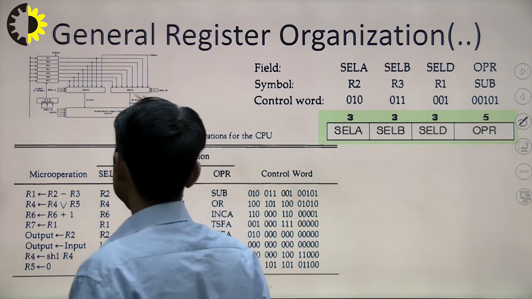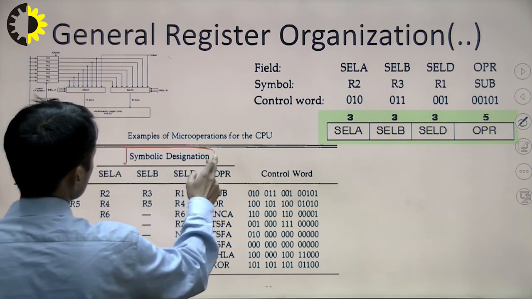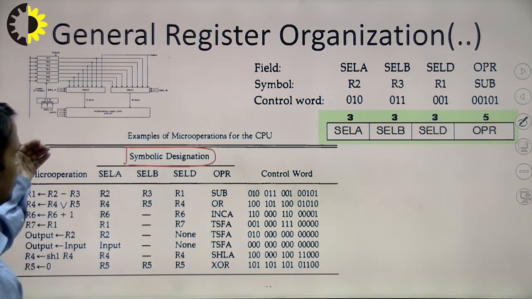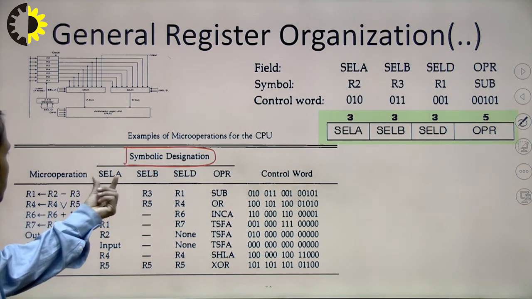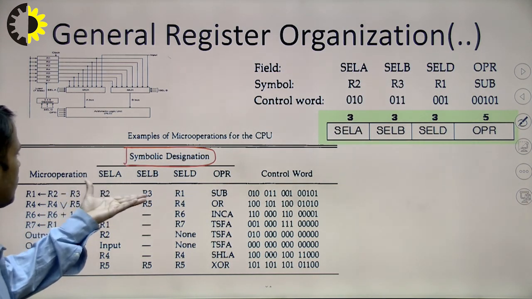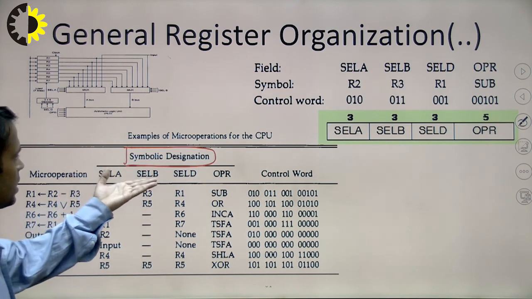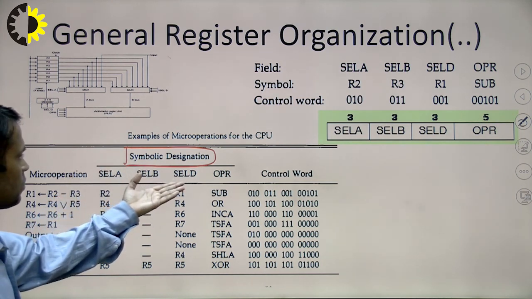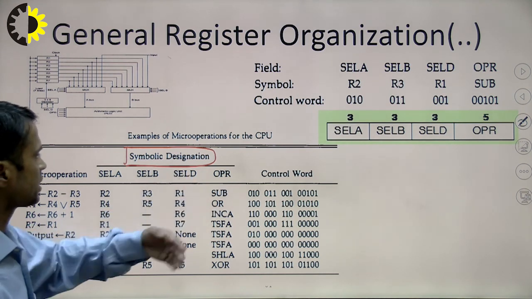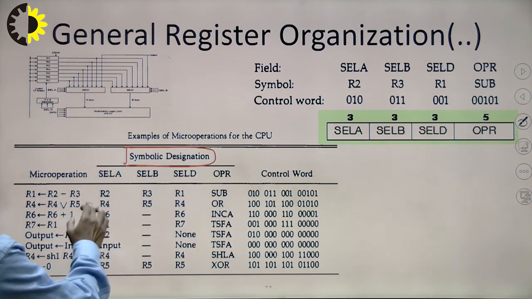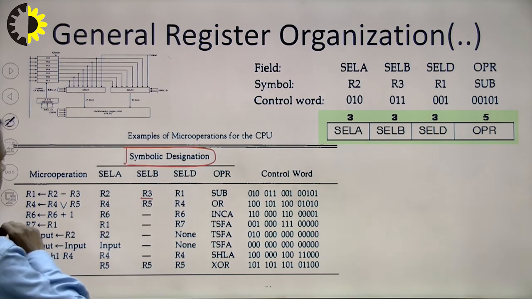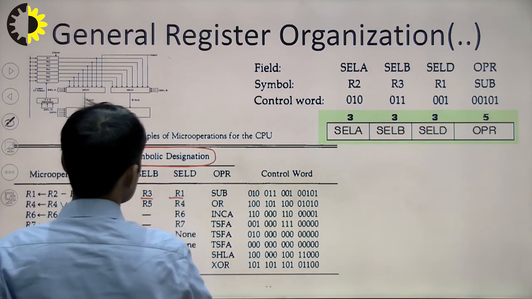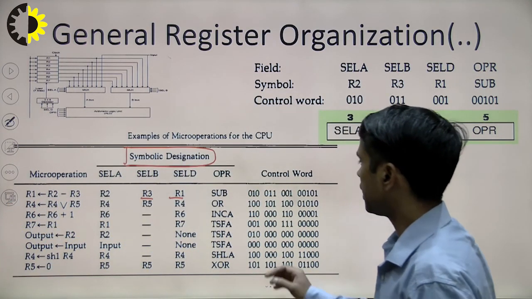Now, based on this, we can create a symbolic table which has all the description of what particular operation can be performed. Okay. So, this table basically stores combinations of all the selection line input A, selection line input B, selection line input D, the output D and operation. So, here particularly if you see R2, R3 are the inputs, and the selection line R1 is saying that it is output,